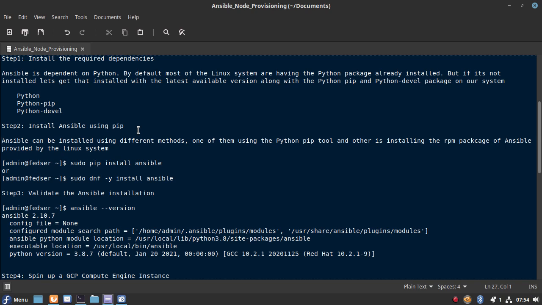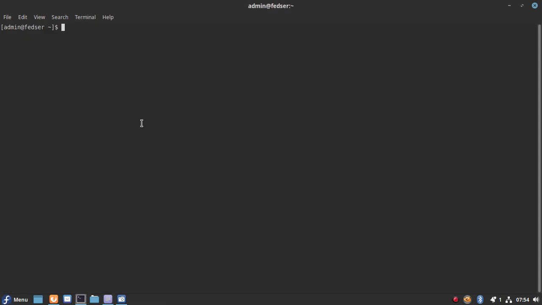As I said, it is also provided by the package manager, so we can install the Ansible package using the DNF tool. Let me show you how we can install it using the PIP package here. I have already installed it, but let me run it and show you how we can install it.